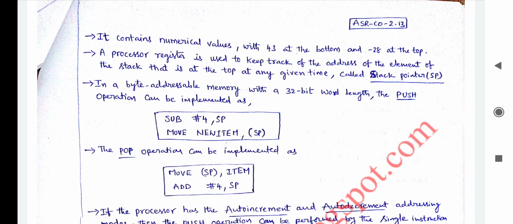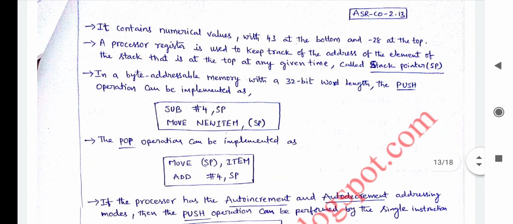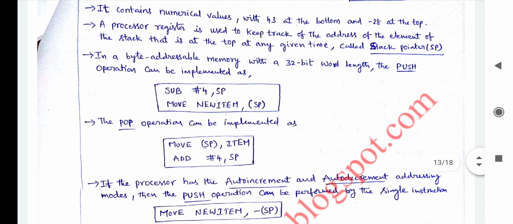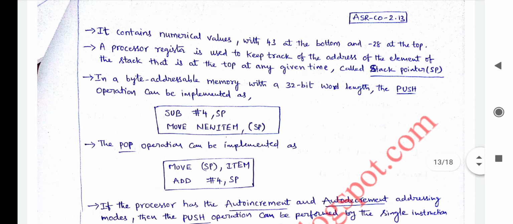The stack pointer SP always represents the top element of the stack, or we can say that the top value always represents the number of elements placed into the stack. Let us suppose the top value is 5. It contains 6 elements, total number of elements 6. Why? Because it starts with 0.